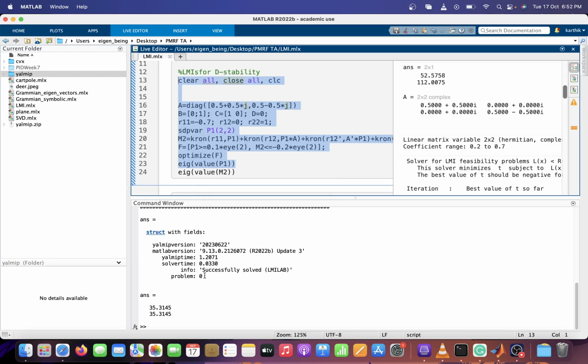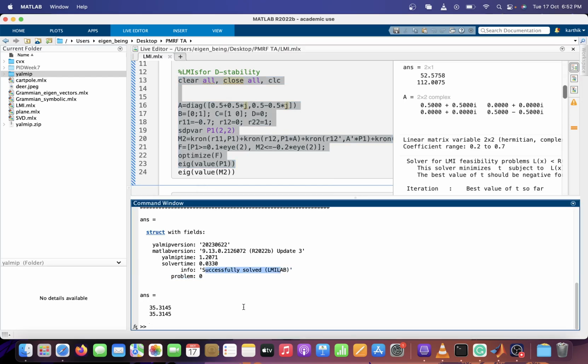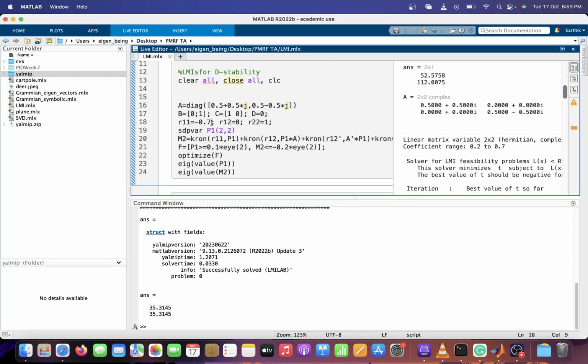it has given successfully solved. And what is the eigenvalue of P? These are my eigenvalues. Now let's change my dr value to, let's say, 0.1. So I am now inside a circle of 0.1. If I run this now,